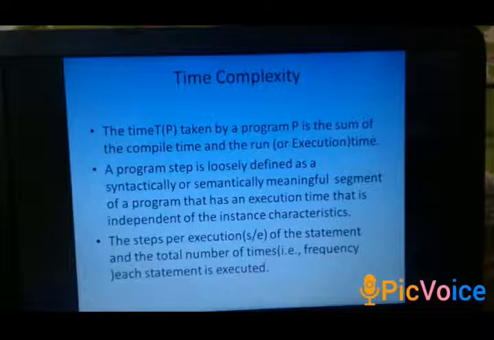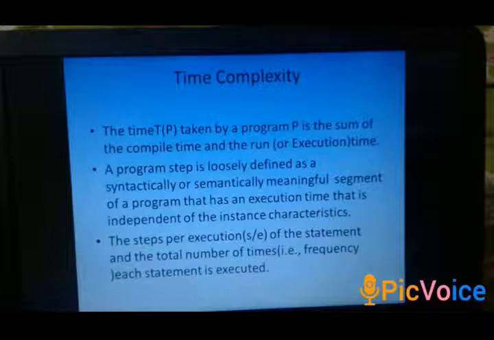Even with this experimental approach, one could face difficulties. In a multi-user system, the execution time depends on such factors as system load, the number of other programs running on the computer at the time program P is run, and the characteristics of these other programs, and so on.